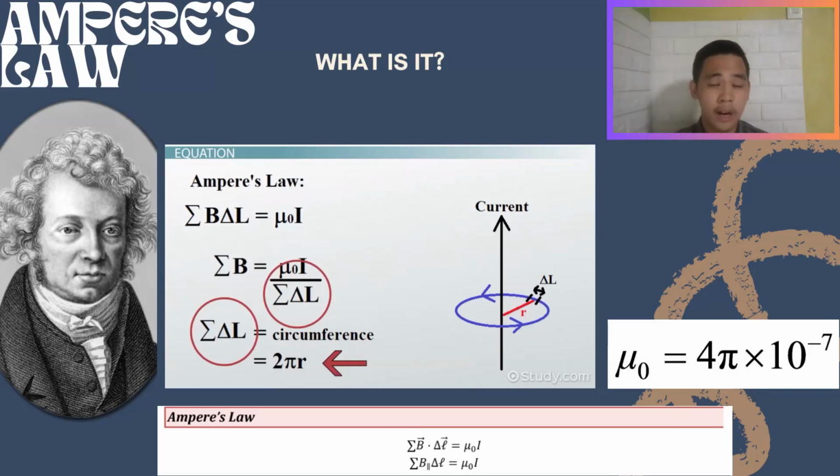So bakit nga 2 pi r? Kasi sa ating current, sabi natin, meron tayong magnetic field na nagsasurround sa isang current. So dun pa lang, masasabi na natin sa word na surrounding or around the current, meron siyang napo-form na circle. So the circular motion around the current is the magnetic field, which is yung sabi natin kanina, is the direction na ginagamit natin sa right hand rule. Okay, so yung 2 pi r na yun yung circumference na kailangan natin para mahanap yung ating